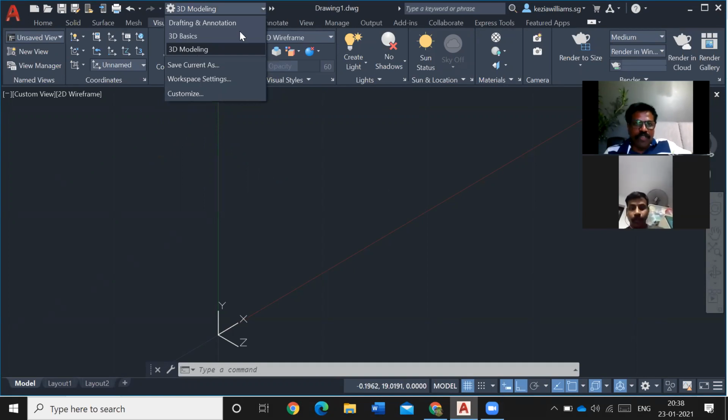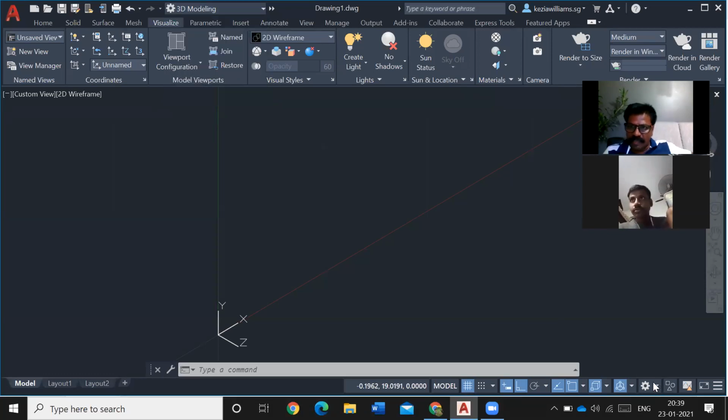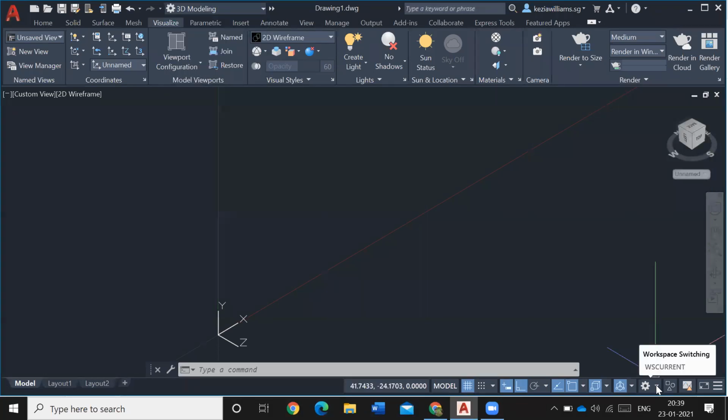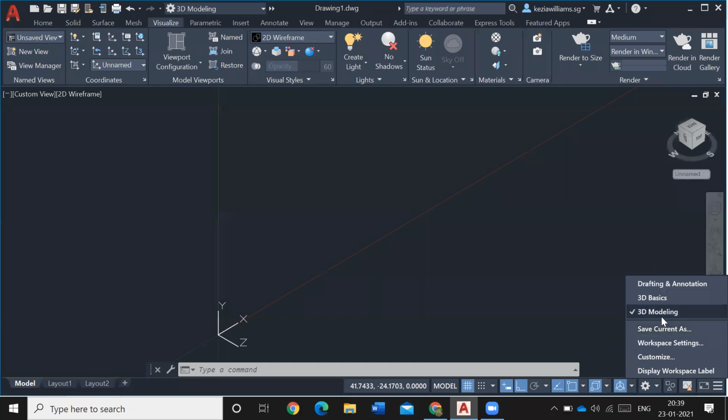Okay, and you can choose 3D modeling here. Here you can see the gear picture. Here you choose 3D modeling. Then you can click this button, and then you can choose drafting and 3D modeling is the one you're supposed to choose. Then the same thing can be chosen here also. You see, okay, it's blocking. So here also you choose 3D modeling.